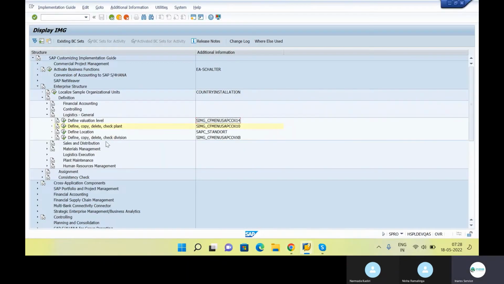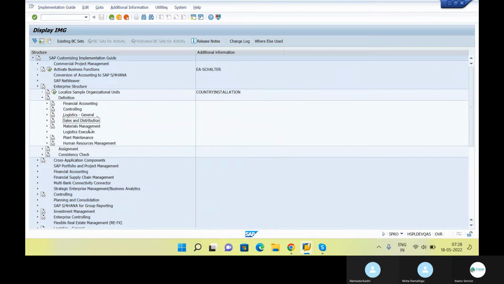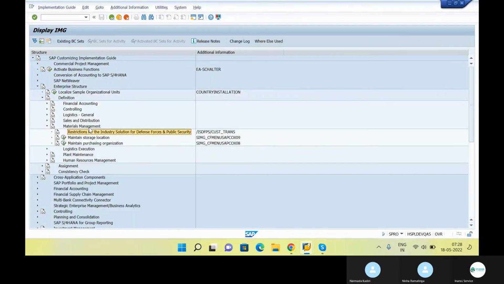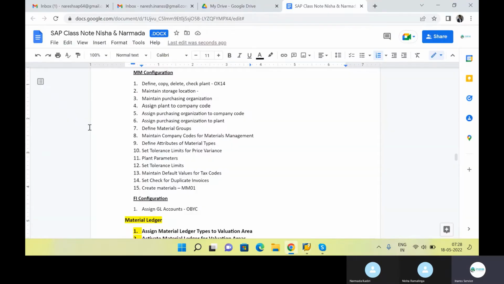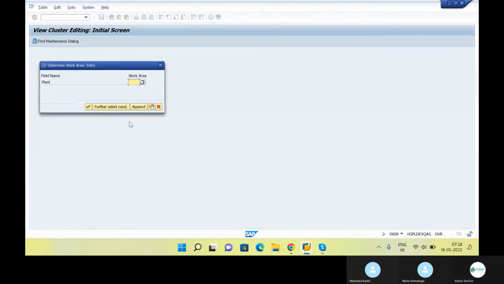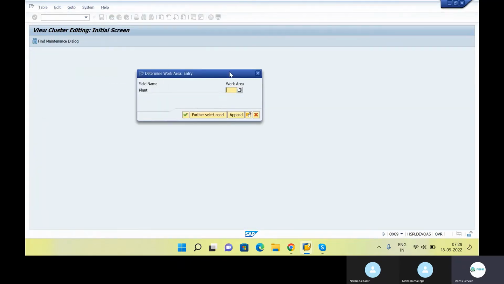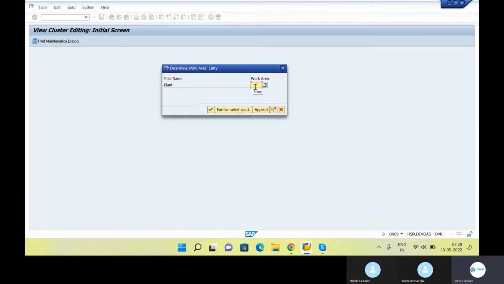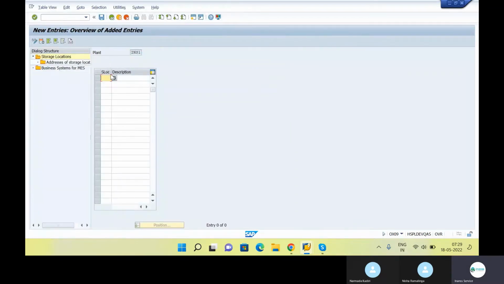Then storage locations. Here under material management, storage locations are there. This transaction code is OX09. Let me execute it. Under plant only we will be creating a storage location. So our plant we have created, INS1, and then click on execute. Here new entries. So storage locations I'll create CS01 central storage location, RM01 raw materials,